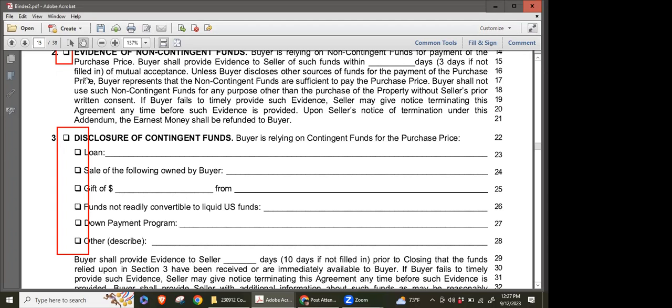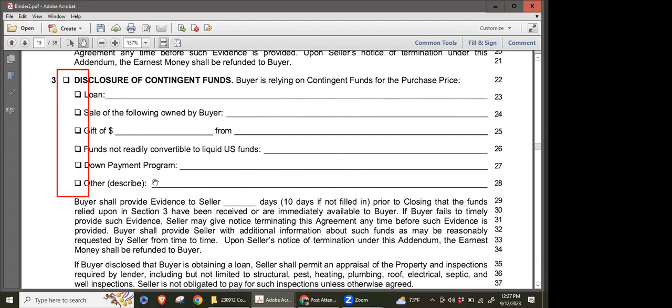Okay. So we would check 3, and then we would describe the type of account it is. If I chose to disclose it here, I would put Charles Schwab. Please allow 10 days for money to be put into our checking account, something like that. You notify it, and then you would have a screenshot of that statement and mark out any